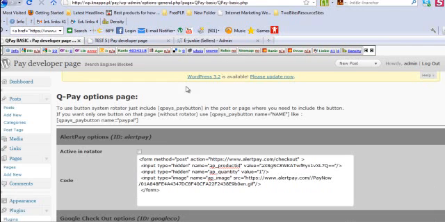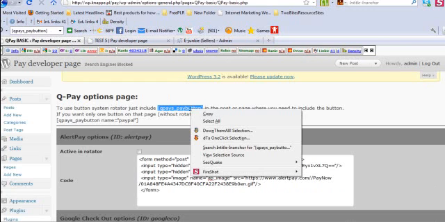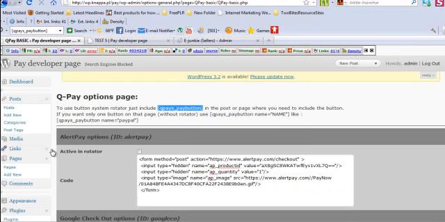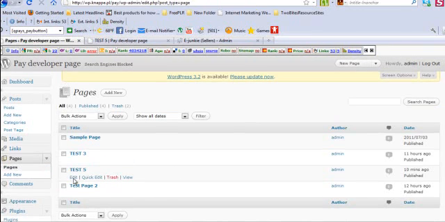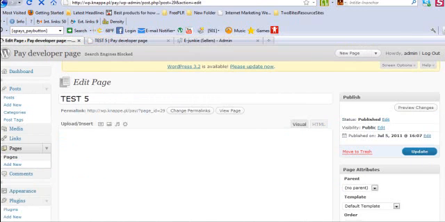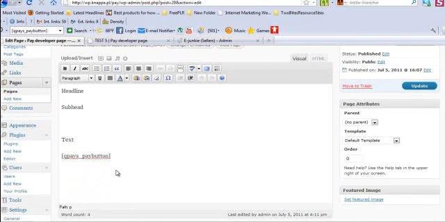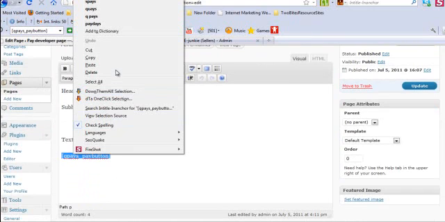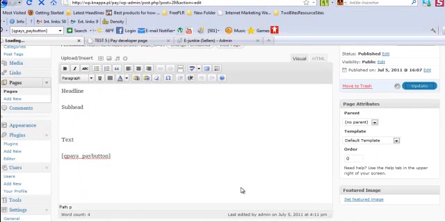Once you've done that, if you look up here, this is where you're going to have your code that you'll insert. Now, if you want the buttons to rotate, you're going to right-click this little string of code here, copy it, and then go to your page and edit, and then just paste that code right in here. And then you'll update the page,